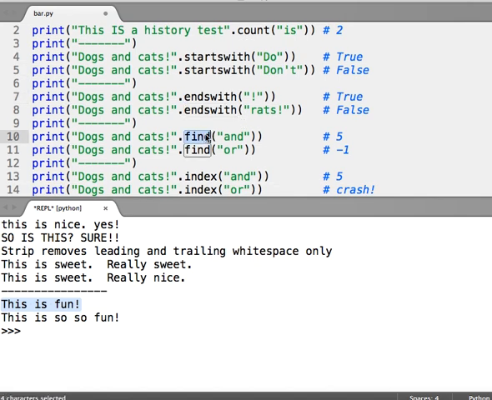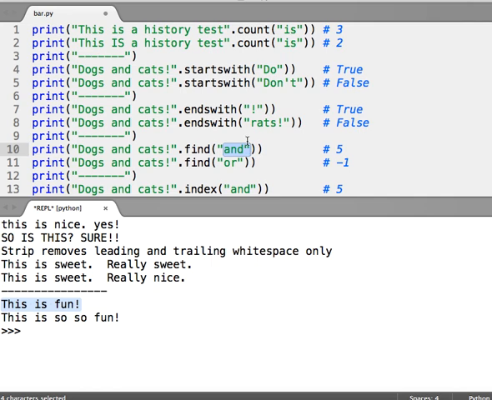Find is a little more interesting. The way find works is you have a string and you ask, does it contain this string? So it seems like you could ask, there's several ways we've seen that you can ask that. This is one way. But find gives you more information than if and is in the string. It tells you where in the string. So it returns 5 because it indexed 0, 1, 2, 3, 4, 5. This A, which is the starting point of this and, is at index 5. So this call returns